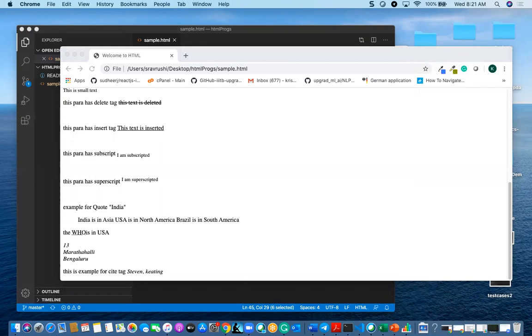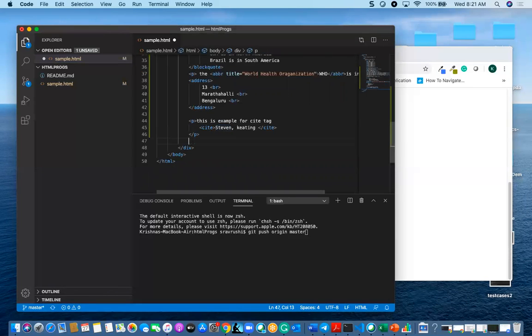Okay. And one more we have, that is BDO. Once again, you explain that cite. Cite will display in the format of italic, but it will preserve the capital letters. I mean, if we enter capital letters, it will be preserved. See, if we give some capital letters here, they are preserved as it is.